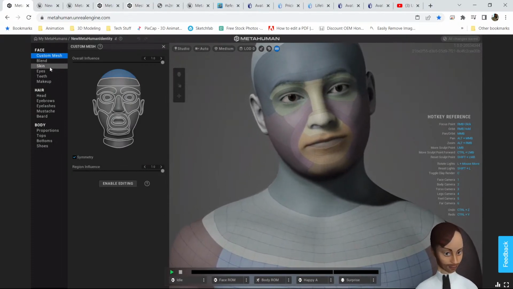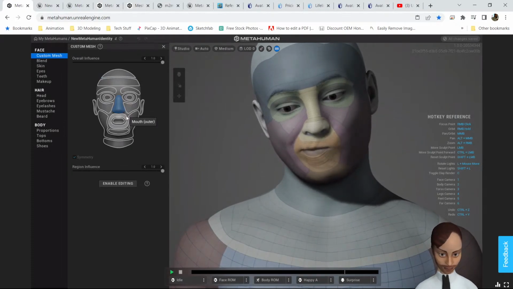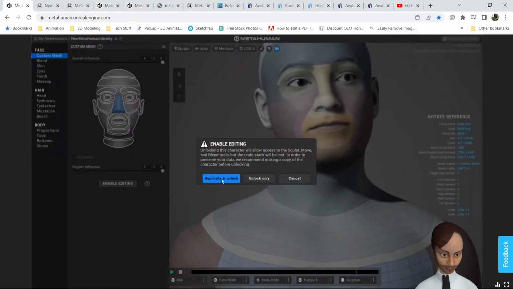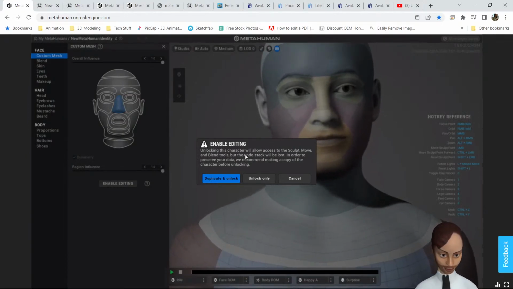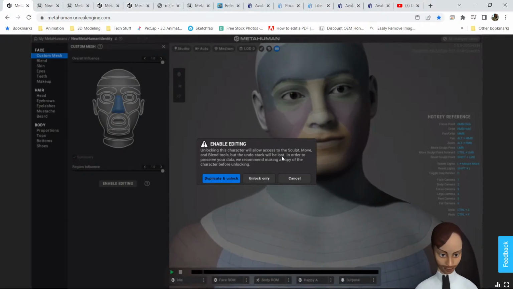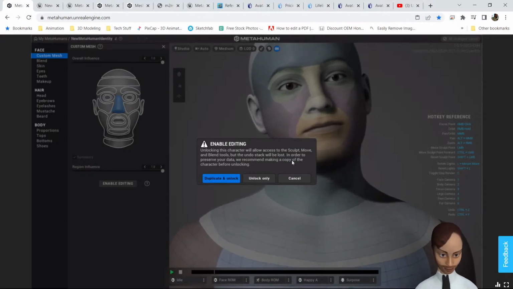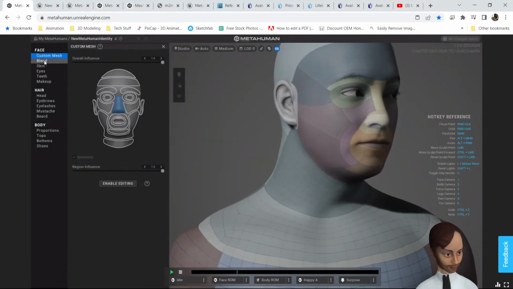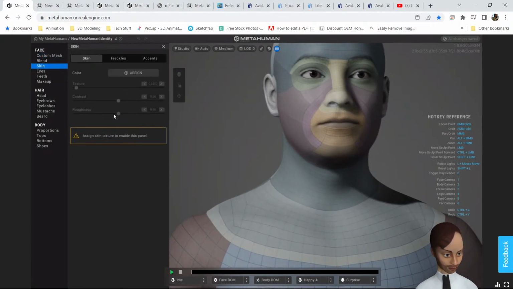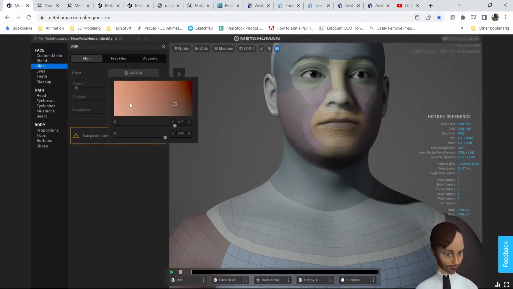Let's go to skin. Actually, let's go to nose and enable editing. Unlocking this character will allow access to the scope, move, and blend tools, but the undo stack will be lost. In order to preserve your data, we recommend you making a copy of the character before unlocking it. I'm going to click cancel. Let's just go to skin and assign skin texture to enable this panel. We're going to click assign